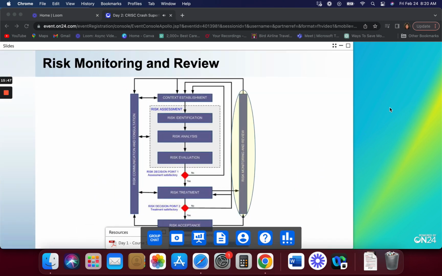Again, using this diagram, this flow chart that's so handy from ISO 27005, they explain that risk monitoring or review, that's really something that, again, once you've determined a risk treatment and you've tested it to see if it actually works to reduce your risk as you need it to, remember the risk changes. And if the risk changes, then that means the control might not be good enough at a later date. So we have to monitor that risk and make sure that we're still aligned.